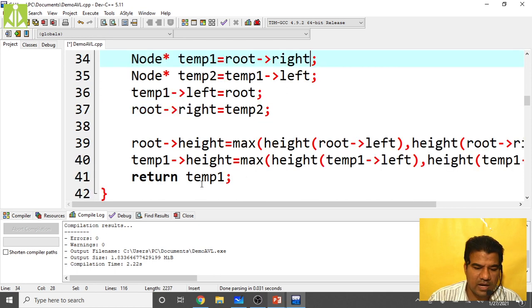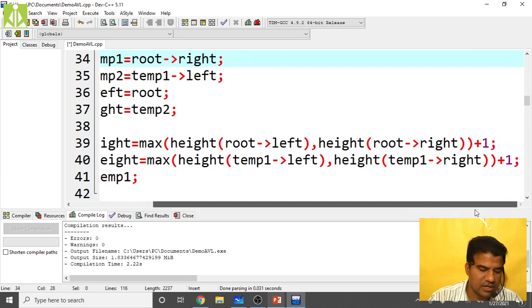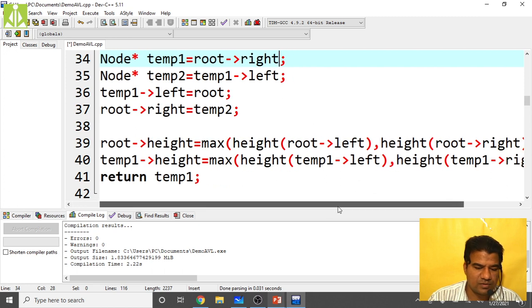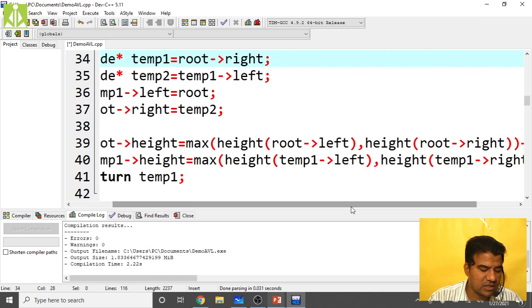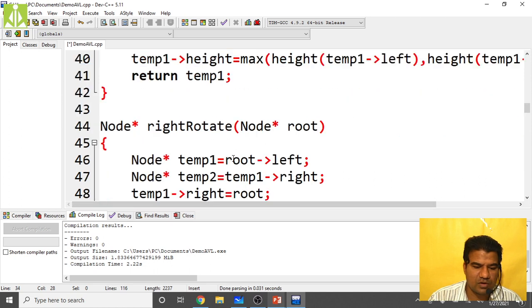Then root of height equals max of height of root of left, comma, height of root of right, plus 1. Then temp 1 of height equals max of height of temp 1 of left, comma, height of temp 1 of right, plus 1. Then return temp 1.